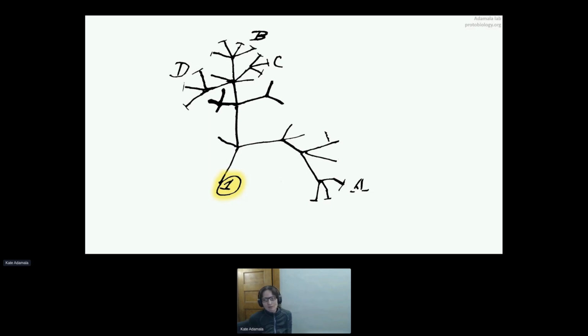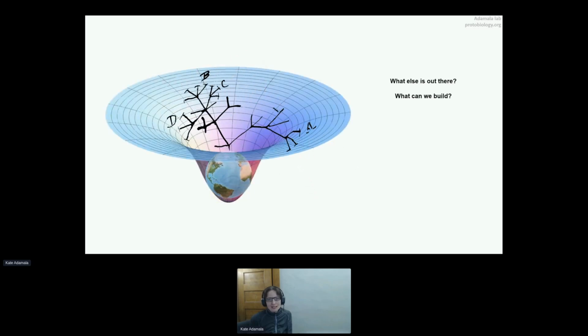If you only have one life form, you can't really learn any general properties of life as a physical-chemical phenomenon, in the context of trying to study the history, the past, and the future of life in the universe, because we can only look at life on Earth. So this is what we're trying to do in the field of synthetic cells. We're trying to climb out of that gravity well of evolution. We're asking, what else is out there? What can we build? What kind of life can we build to learn how life started on Earth, and also to learn how life could look?